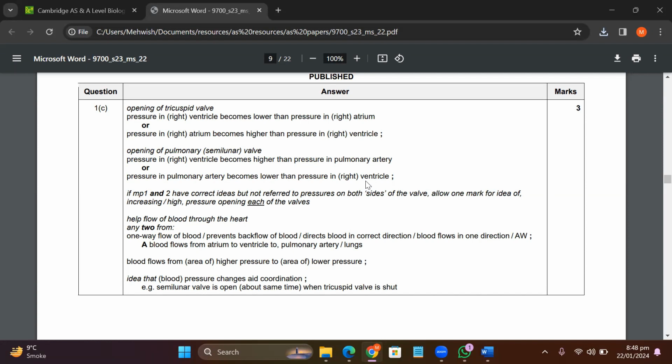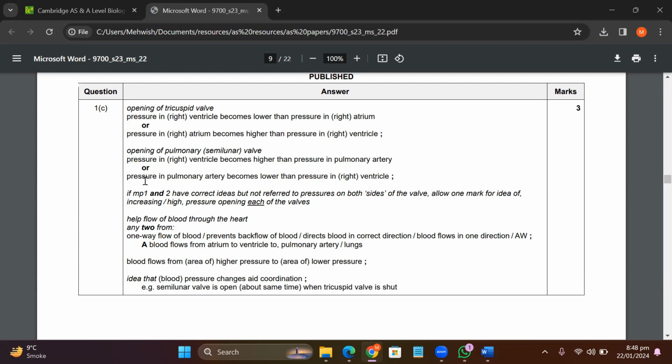Opening of the pulmonary valve कैसे हो रही है? Pressure in the right ventricle becomes higher than the pressure in the pulmonary artery. That's why that pressure of the blood causes the pulmonary valve to open, right? How it helps in flow of blood through the heart, that one-way flow. I just told you that when the blood coming from one side, right, and when the blood comes from the opposite direction, ठीक है,